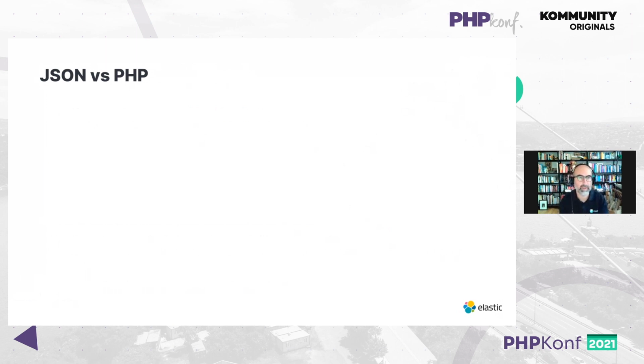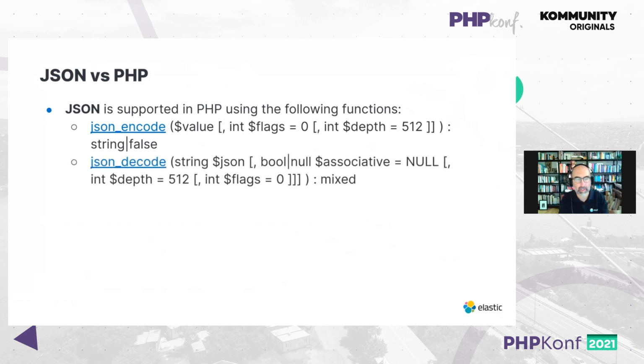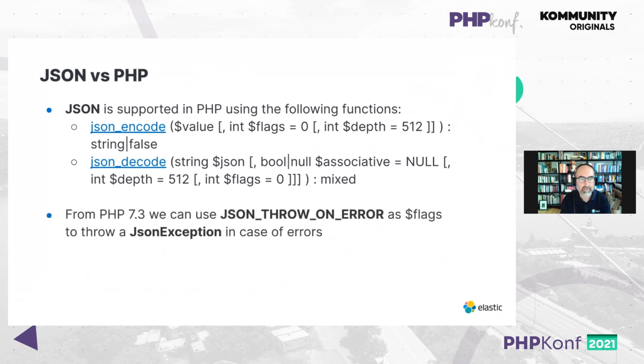Okay, let's focus a bit more inside PHP and how PHP manages JSON. We know that in PHP we have two functions to manage JSON documents, json_encode and json_decode. Encode gives as a result a JSON document in a string, and decode is the opposite, the vice versa operation. You start from a JSON document, so a string, and you get back an associative array or an object. By default, as I said, Elasticsearch-php uses associative arrays when it deserializes the response. Starting from PHP 7.3, we can use a parameter in json_encode and json_decode that is JSON_THROW_ON_ERROR. This is a constant that throws a JSON exception in case of error. And we are leveraging this in Elasticsearch-php. So when we have something that is not JSON compliant, we